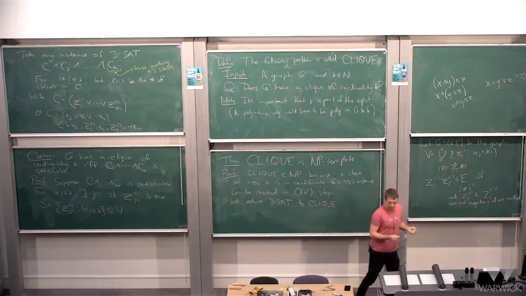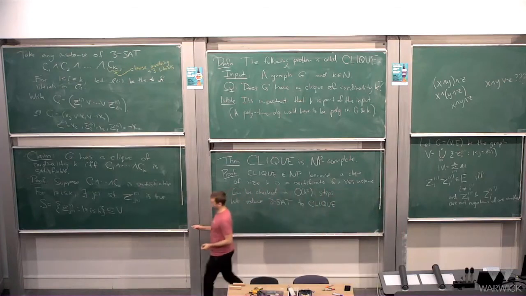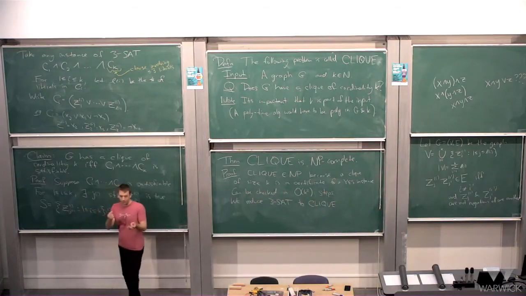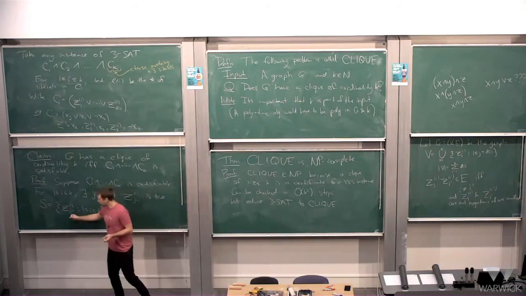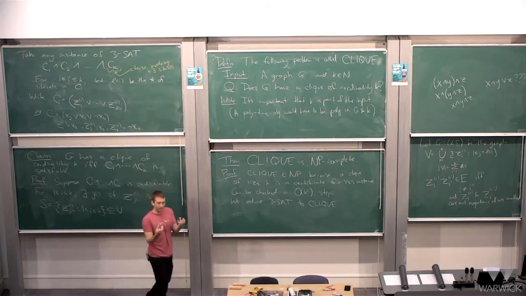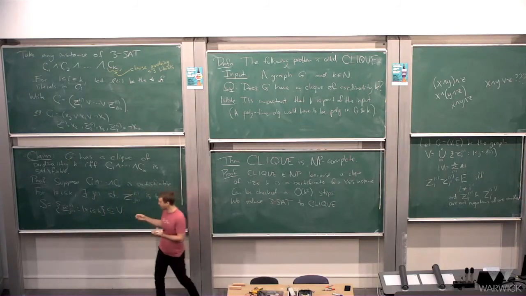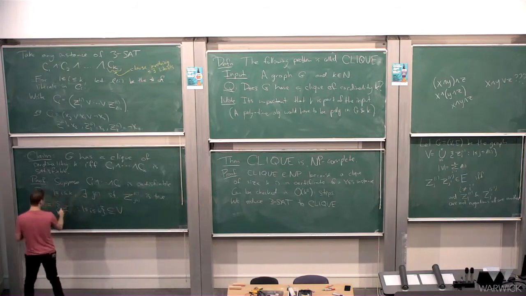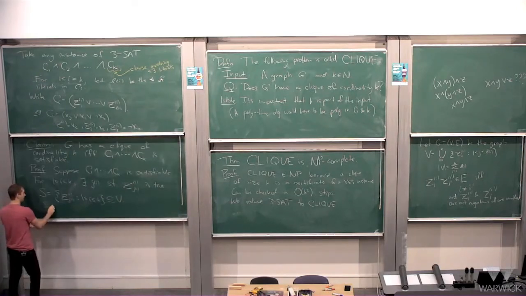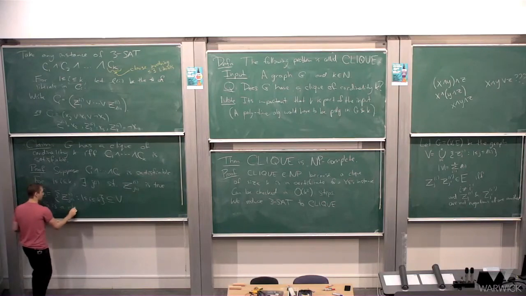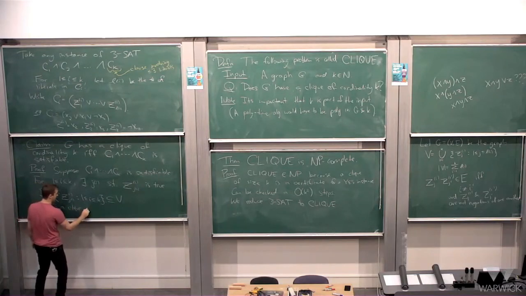So if you take two different vertices from S, they correspond to different values of i, let's say i and i prime. So they satisfy the first condition of being an edge. And there's no way that one of these could be the negation of another, because I'm assuming that every single one of these things is evaluated to true, so you certainly cannot have one being the negation of another, because those could never be true at the same time. So S is a clique, essentially by definition